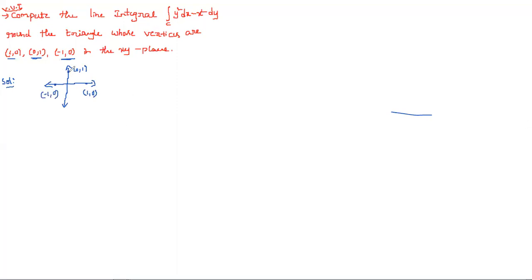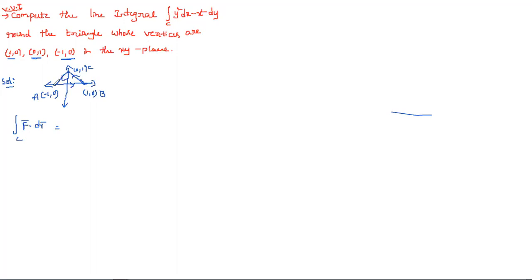Now you join these vertices. If you join these points, simply what we are getting is a triangle. So this is the entire triangle they mentioned. Now what they asked to calculate, we require the entire curve, so integral of f bar dot dr bar over the curve C. If you give the names A, B, C, the curve always travels in anti-clockwise direction here. So it starts from A, so A to B, B to C and C to A.